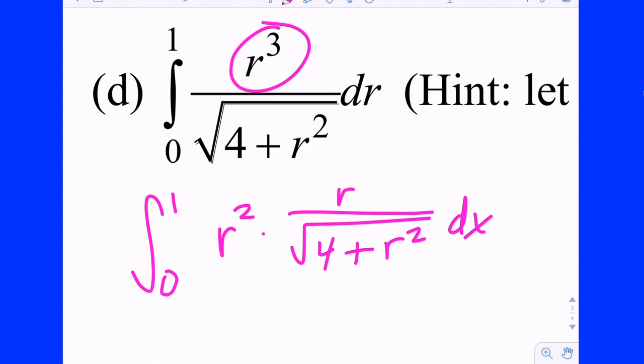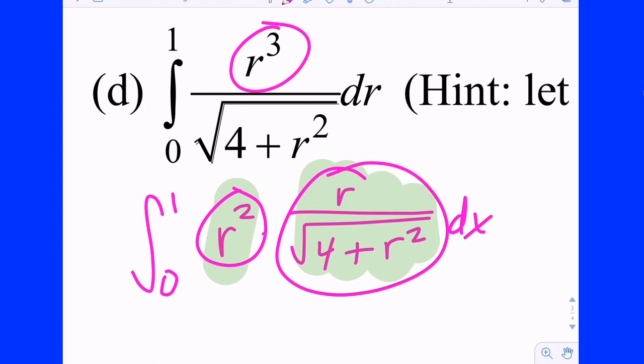Is that how you would split it up, or would you put the r squared in the numerator? Well, let's see. By writing it as a product of two things, do I know how to take the derivative and the integral of r squared? Yes, so that one's free to float as u or dv. But on the second one here, by writing it as r on the top and not r squared, I only know, well, I guess I do know how to take its derivative, but I also know